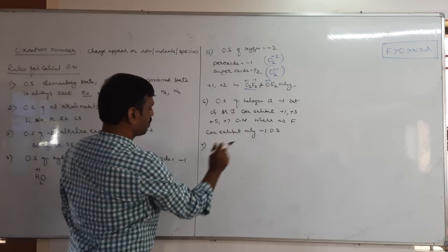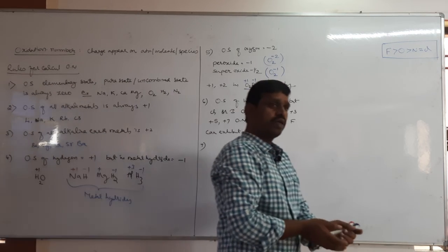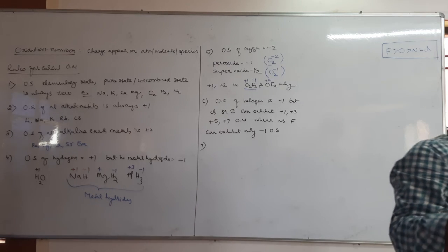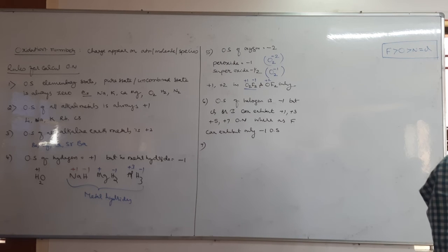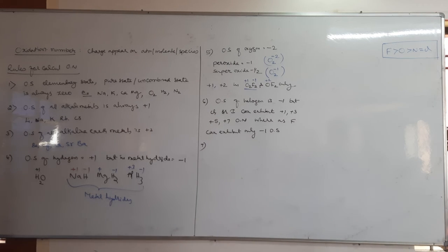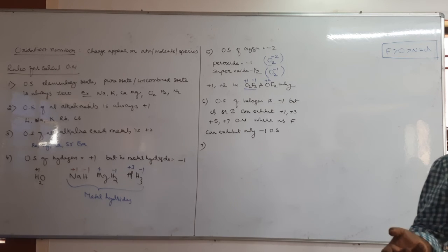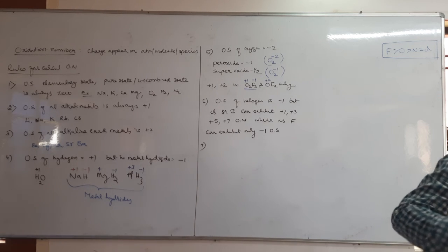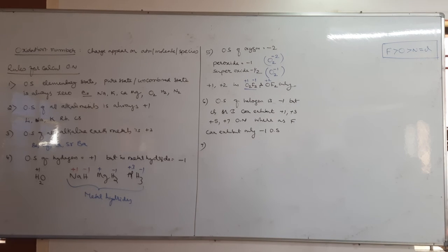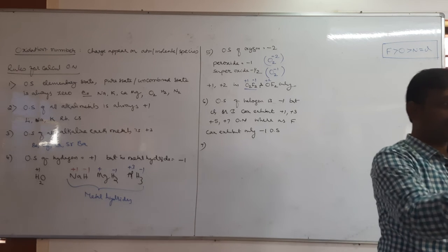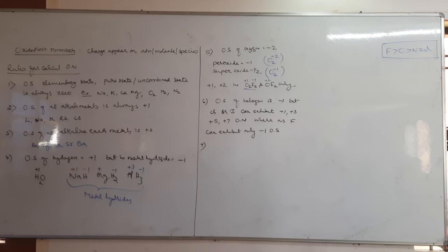Next, the 7th point is, usually we know that metals always carry positive OS. Have you seen any metal having negative OS? Any metal which carries a negative oxidation state, have you studied? No. If you see it somewhere, it is wrong. The property of metal is that metal always tries to lose electrons. It never takes electrons. If it takes electrons, we do not say it is a metal, it is a non-metal. So metal always has a tendency to lose electrons, that is why metal always carries positive OS.